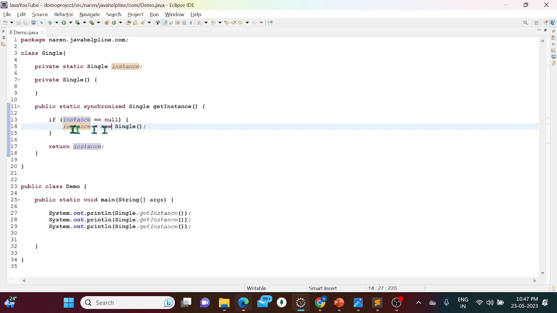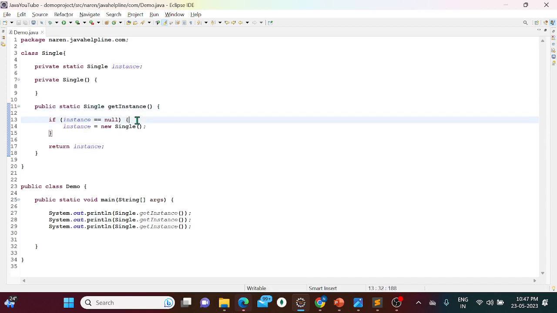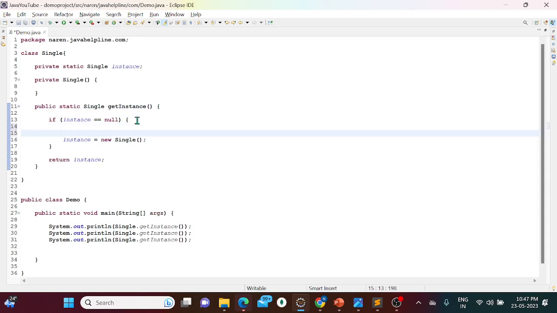So our problem is this line number 14. This is the critical section. So why should the whole method be defined as synchronized, why block the whole method? Instead of that, what you will do is define that this line alone as a block, a synchronized block. This is the critical section. So this is the syntax actually,